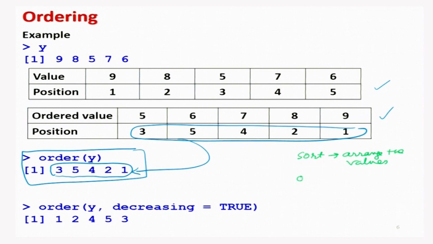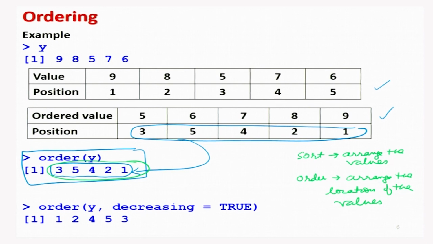But when I am trying to use the command order, it is trying to arrange the location of the values. So it is here like this. This order command is giving us an outcome 3 5 4 2 1, which is the location of the values when they are ordered. Or I will say in very simple words that when you are trying to sort the values,